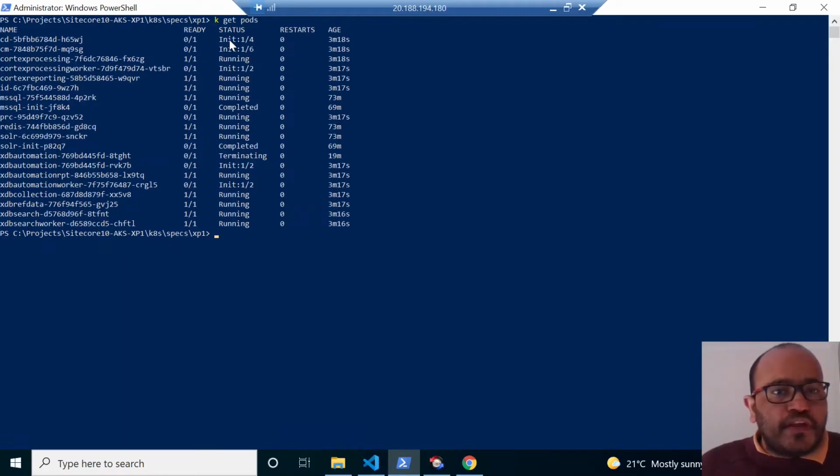And if you look into this one, for example the CD, the status is init, and 2 parts are there, and the second part is the dependent pods. That means this CD will start after successfully completing all the dependent pods, and those should be healthy. Then only if you still look into this one, first part, 1 pod out of the 4 is successfully completed, it is healthy. Wherever the init is there, it has some dependency. This will be defined inside the YAML file. And if you look into this one, 1 is expected and 1 is running. Sometimes if I want to increase the CD's count to 2, this count will be 2. Now currently everything is 1.